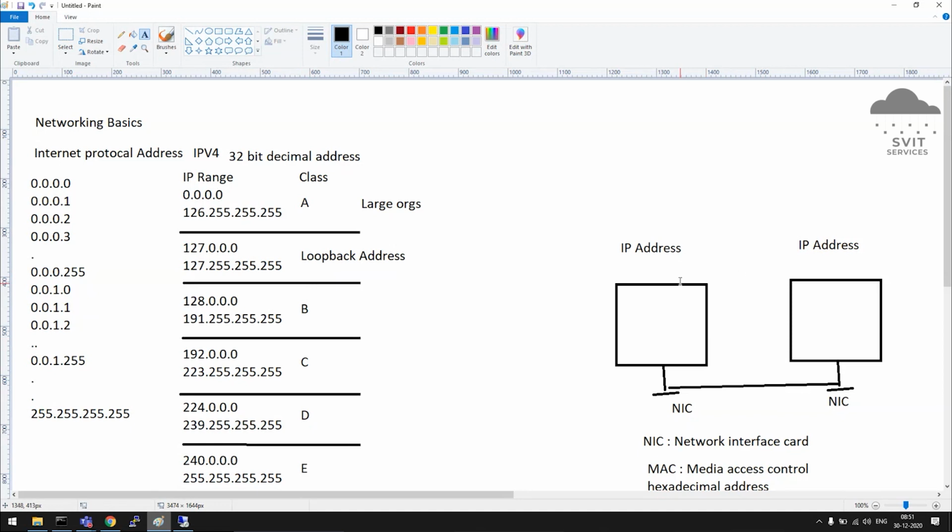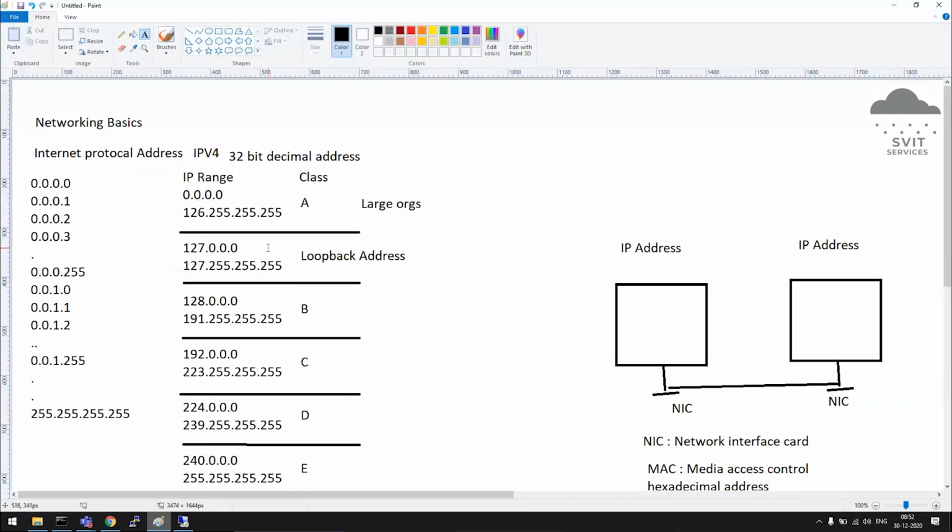Let's say you have assigned an IP address to this machine. The NIC card is fine, the cable is functioning fine, computer is fine, MAC address, everything is there, but this adapter is not functioning, and you don't know what the problem is, either the IP address or the cable. Even if you have changed the cable, still it is not working. The operating system is running fine, but the network is not communicating. For some reason, the network card is not functioning. So to test the network card, the IP protocol, whether it is really working fine or not.